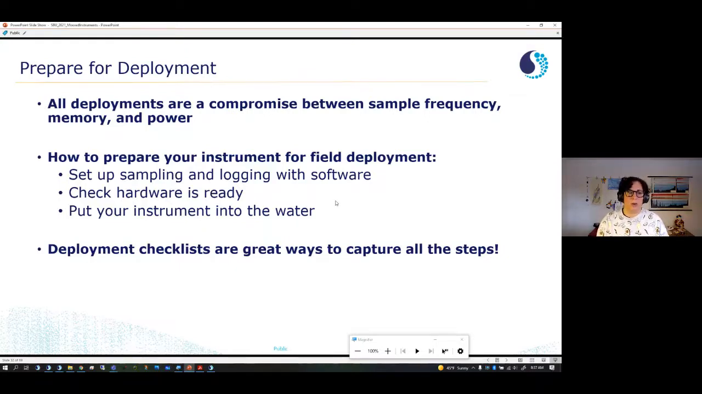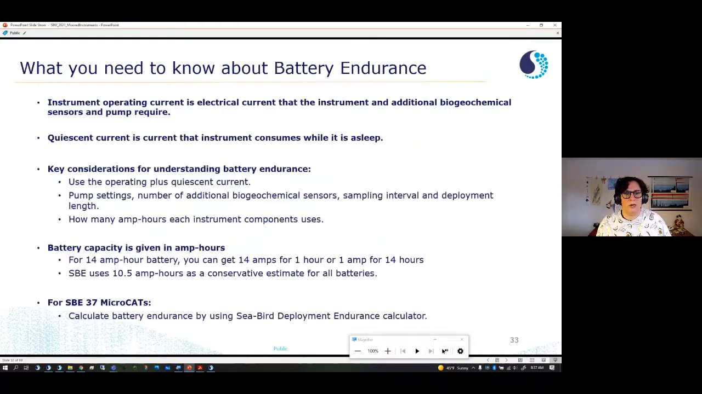One thing I'll go over at the end is that deployment checklists are great ways to capture all the steps. Actually physically writing down what you've done is a really nice way to do that, particularly if you have a lot of deployments. Okay, what you need to know about battery endurance: there's a lot here, but the operating current